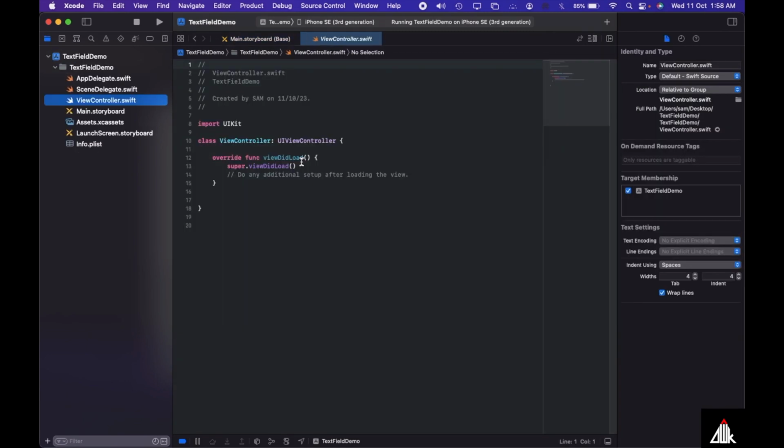For that we need to go to the view controller and implement the IBOutlet. I hope you guys know how to implement the IBOutlet. If you skipped it, here is the i button, just click on it and go through the IBOutlet tutorial. So first,